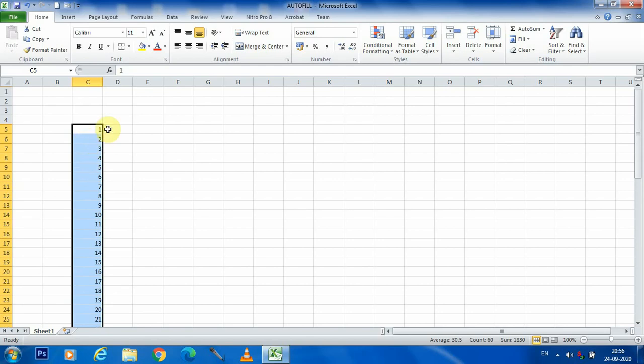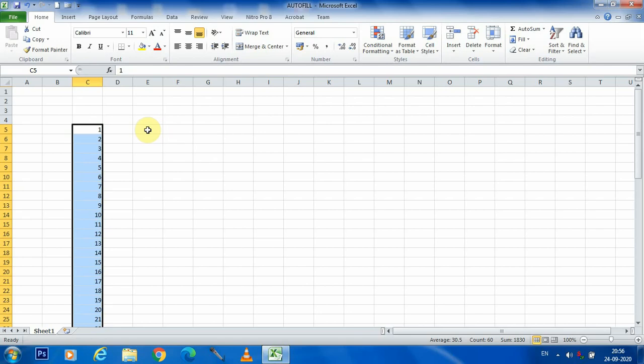Okay students, so without writing manually we can use the autofill option and fill the numbers up to 60 or whatever you need. You can do more than that with the help of the autofill feature. It is also helpful in many areas, students.